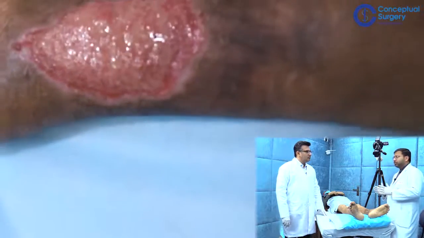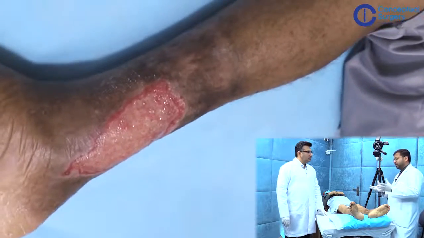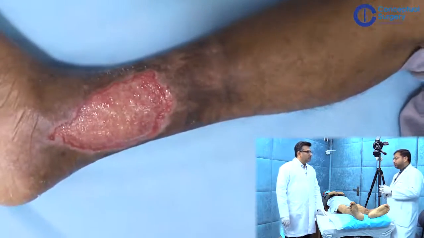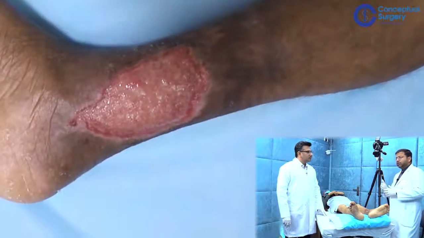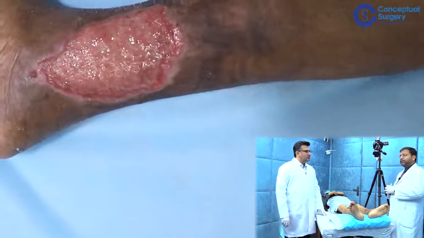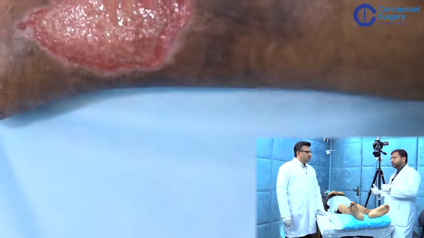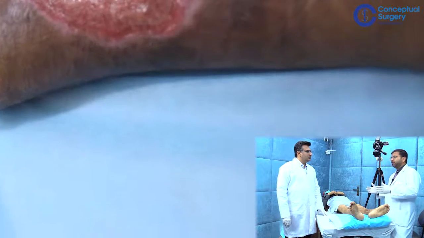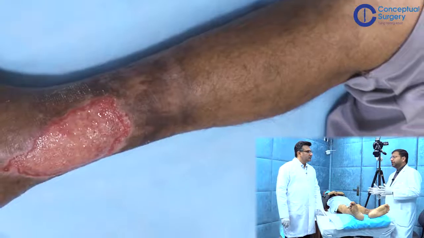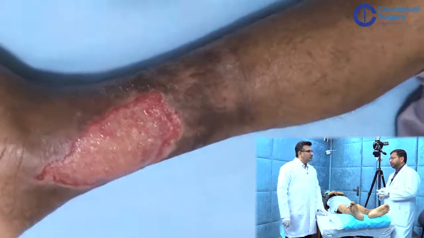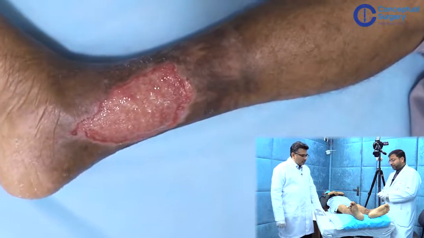After that, you go to the surrounding area, you look at the surrounding skin and the changes there. Then you go and see the arterial system of that particular limb, the venous system, and the lymph node drainage. So basically, you go from inside out: the ulcer, the surrounding area, and the arterial, venous, and lymphatic system of that limb, to ascertain the cause, the extent, and the differential diagnosis for the ulcer. So how do you examine an ulcer, Professor Gandhi?